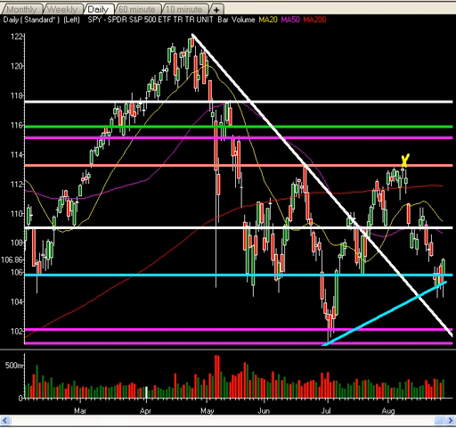That's going to keep volume very light. Plus, you have the Labor Day holiday weekend coming up, which is also going to keep traders away or on vacation. So light volume generally dictates a neutral to sideways, upside bias. That's what I'm going to have for next week going into it, all right?